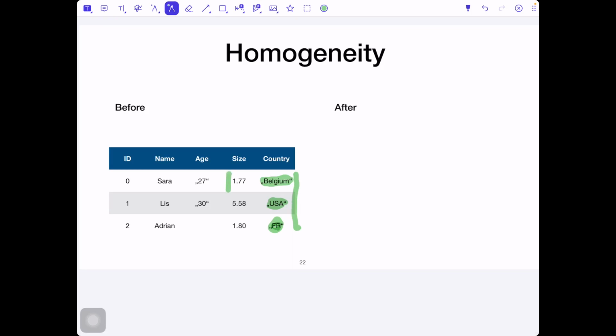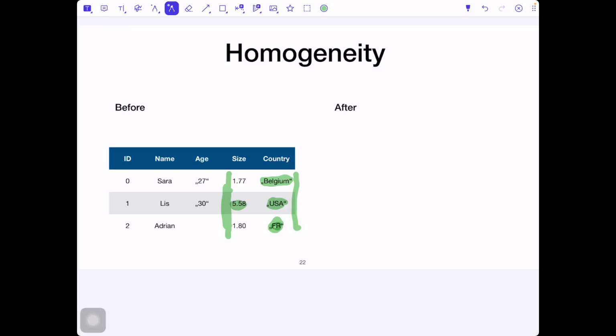Or look at the size. Is everything fine with the size, or do you have some doubts? Look at the numbers. So I think one is in meters and the other one is in a different unit. Yeah, exactly.